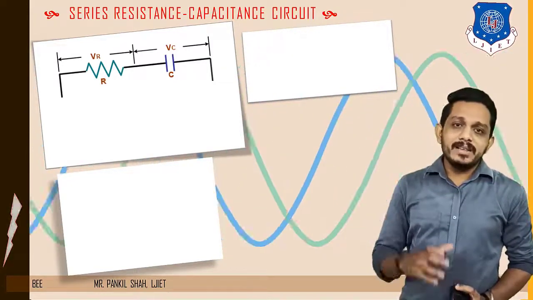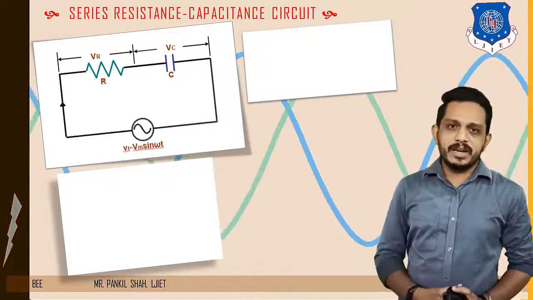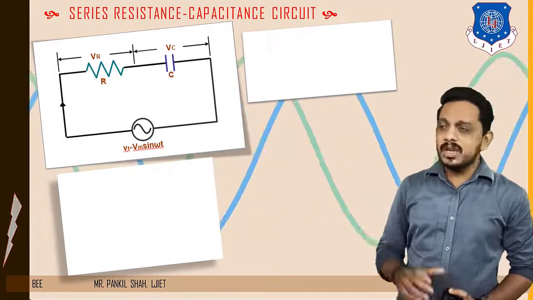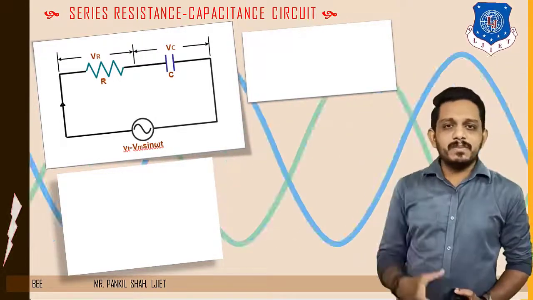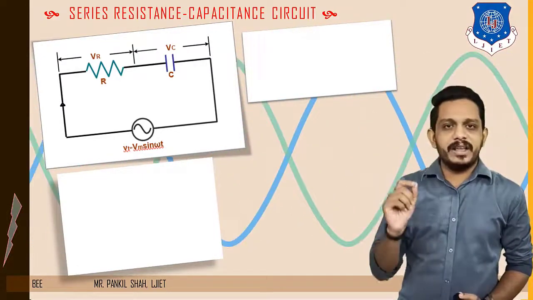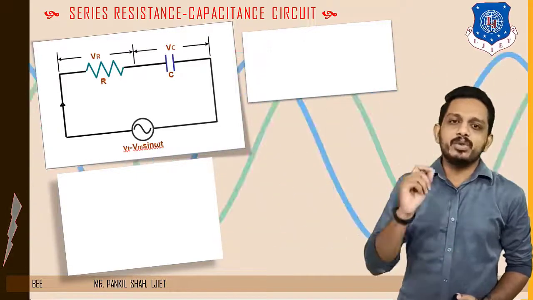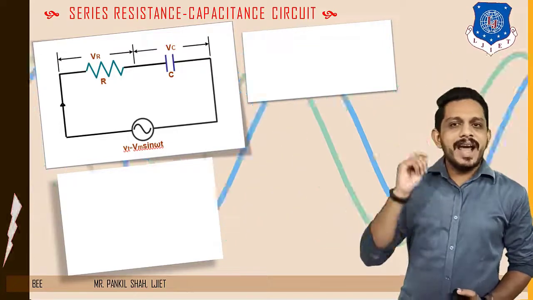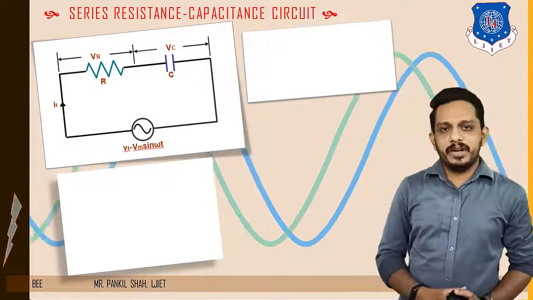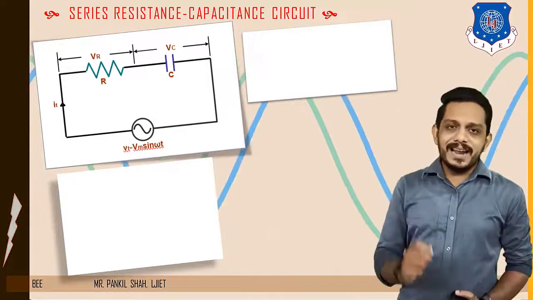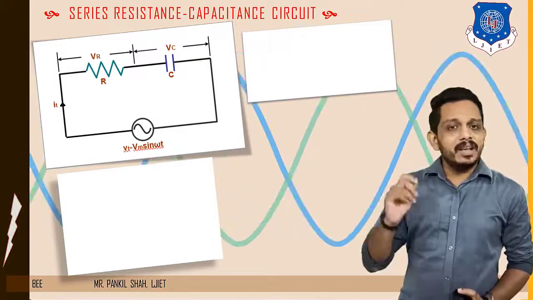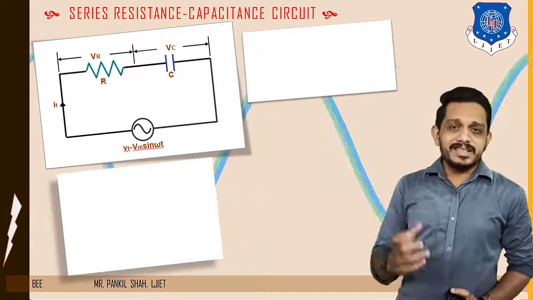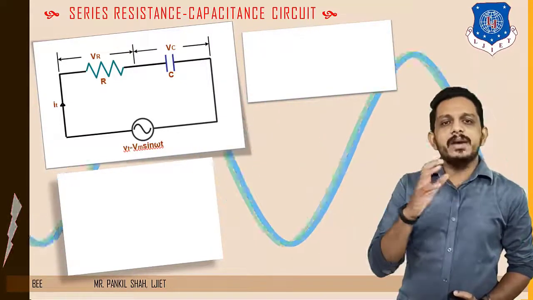Now we are applying some source of energy to this circuit. If we apply the source of energy as a voltage source, then Vt equals Vm sin omega t is the reference voltage applied to this series circuit. Now due to this applied voltage Vt, some current It will start flowing through it. So in the analysis of this series RC circuit, the current flowing through both the elements will be the same. The equation of voltage is Vt equals Vm sin omega t.